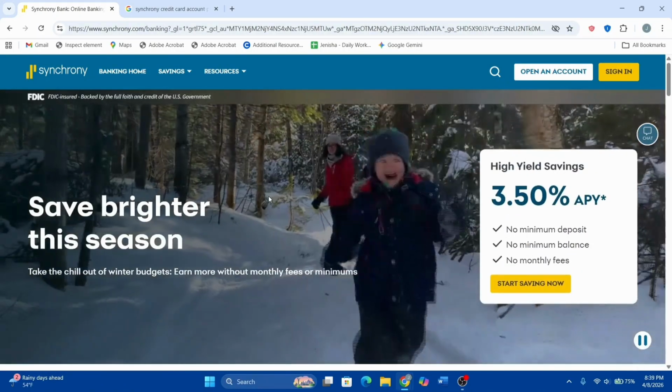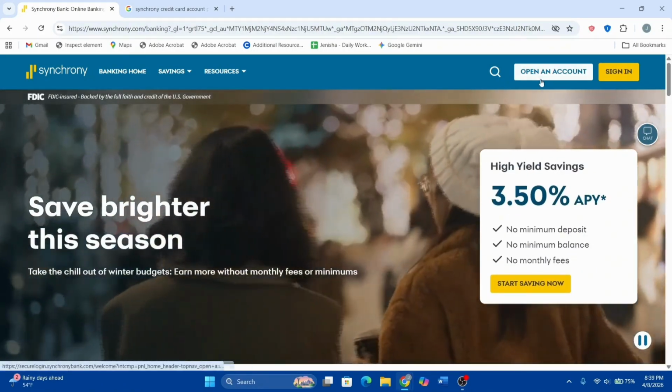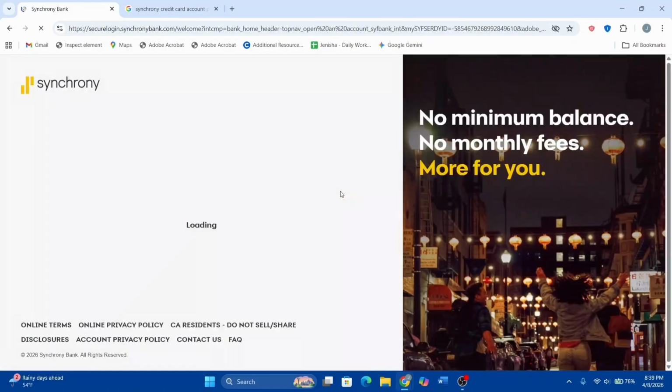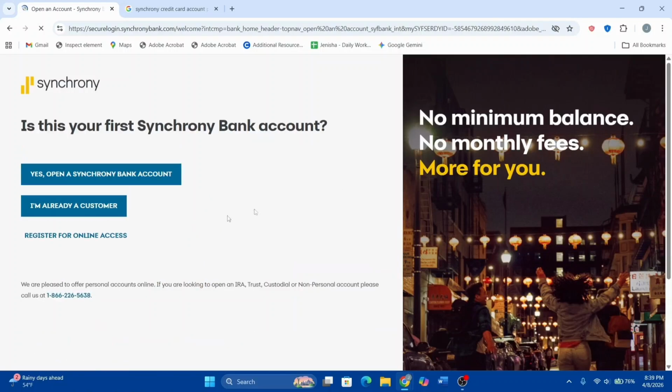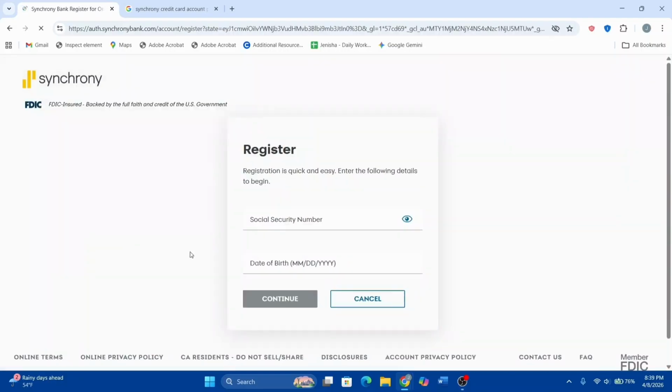to the registration page. Usually in the top right corner, we can find an option called open an account that we can click on, and that should lead us to the next page where we can start the registration. So wait for the page to load and select the option called register for online access. After that, you can start the process. So look out for the find account option if available, if asked, and all you gotta do is provide